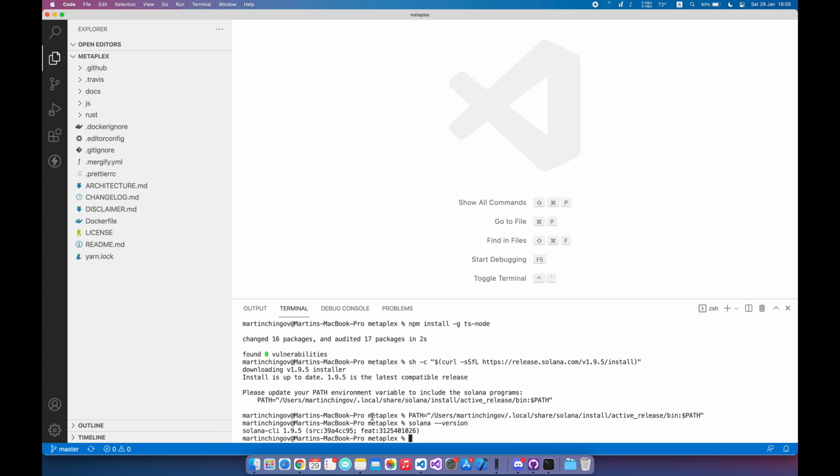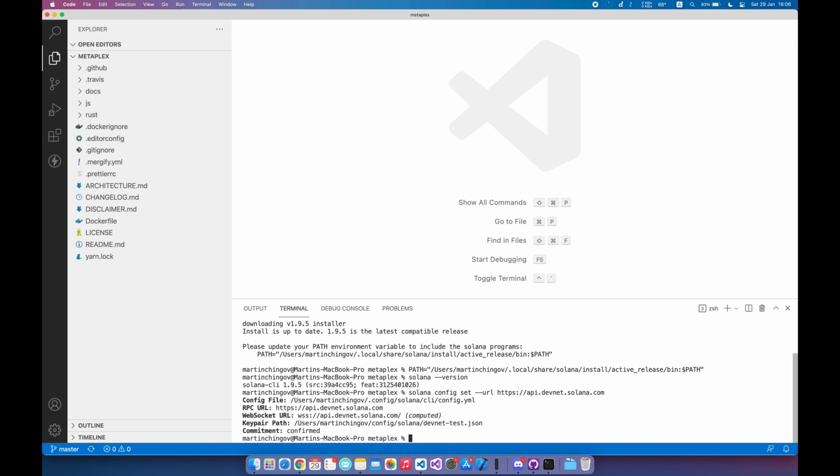Now we are going to set up our Solana installation so it uses the test environment. Type solana config set --url https://api.devnet.solana.com. After executing this command, the WebSocket URL should be pointing to the devnet. Then type